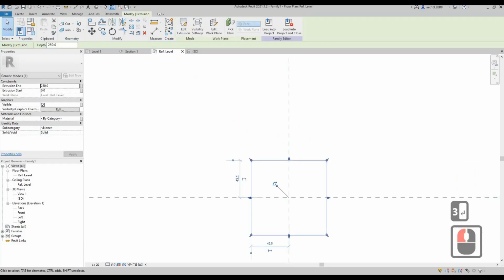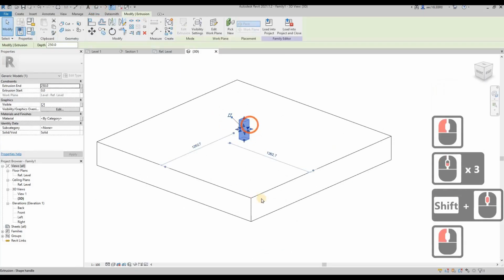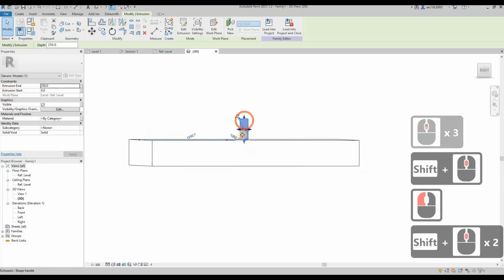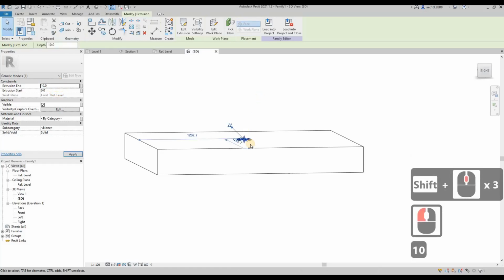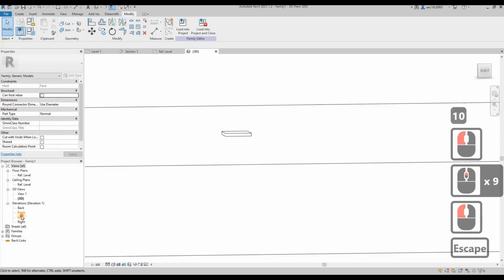Click Finish, then we go to the 3D view, have a look. So this is the extrusion. It is 250 mm protruded out from the wall. So I set it to 10 mm, so the thickness here will be 10 mm. Then from the left view,